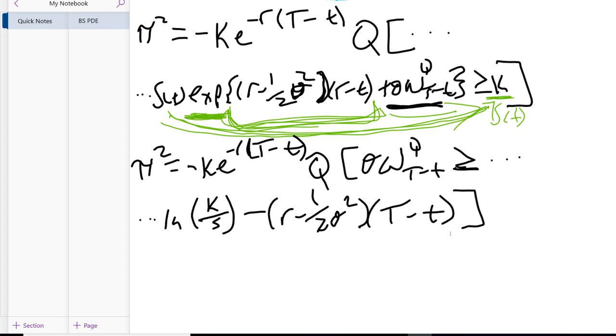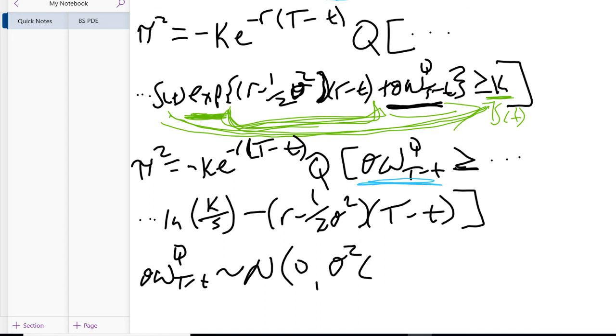What we want to do now is to realize that this term that we've isolated here, sigma W^Q(T) minus W^Q(t), is approximately normally distributed with mean 0 and variance sigma squared (T minus t). So what we would like to do is normalize this,